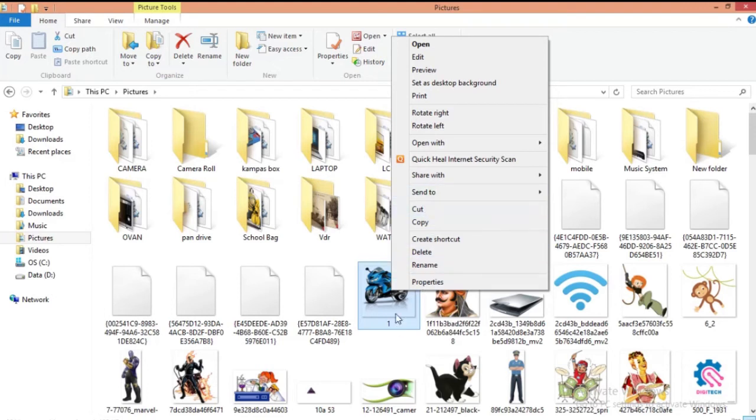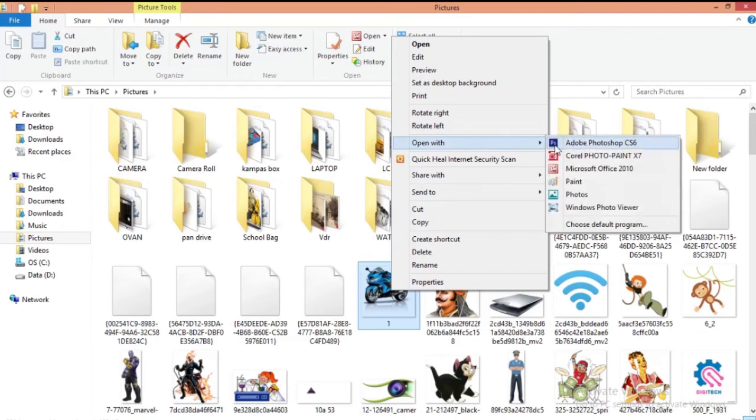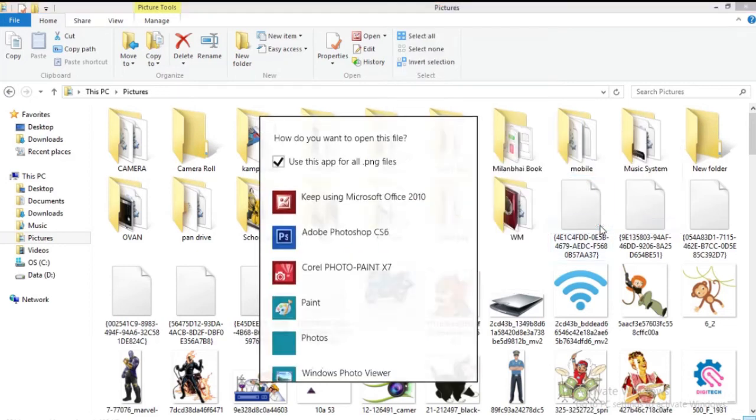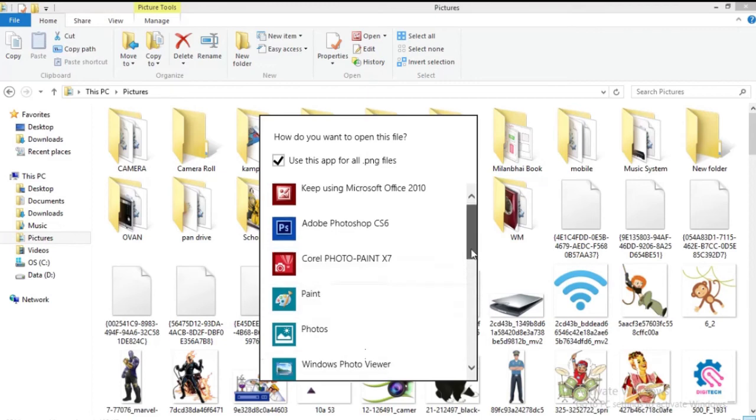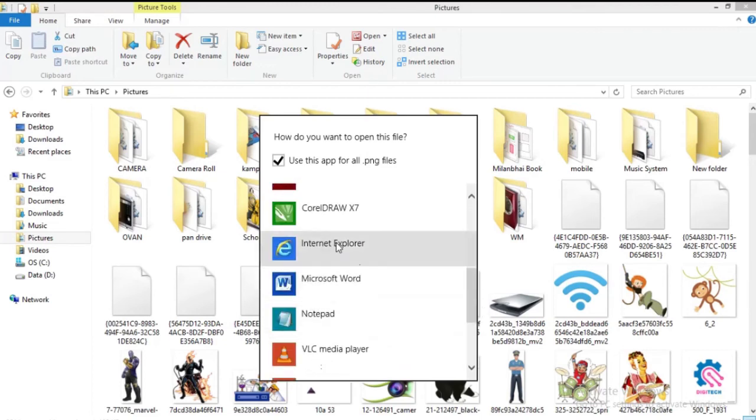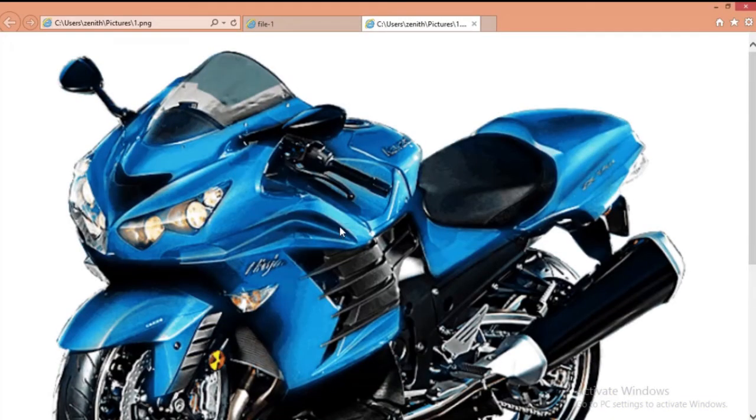For that, right click, open with, and open your file in Internet Explorer. Suppose the Internet Explorer option is not given here, then select choose default program, come down, more options, yes, okay.